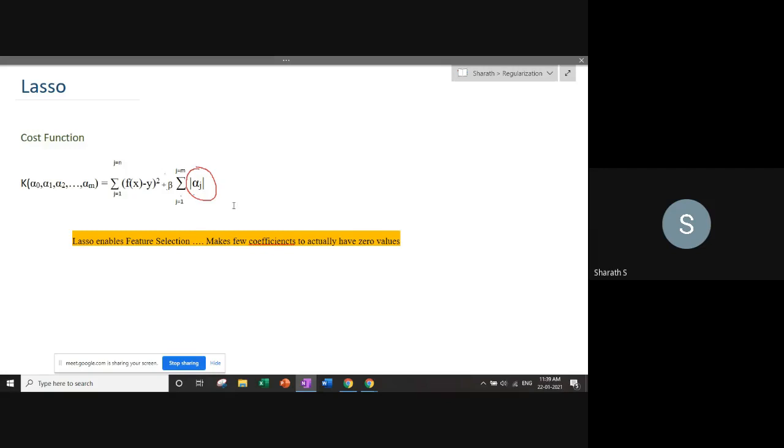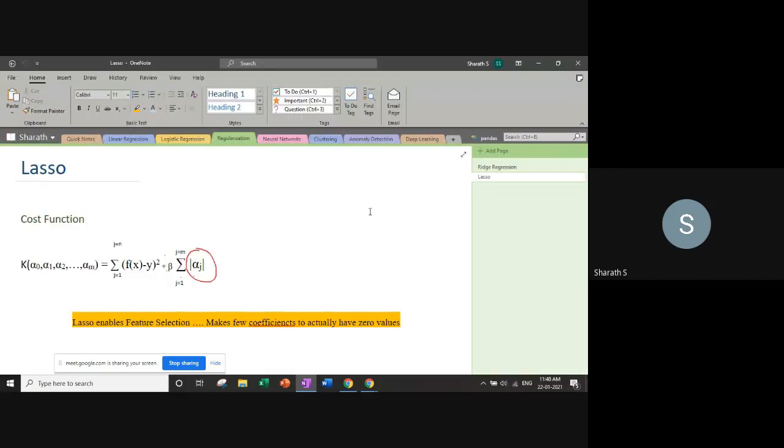So that is why they came up with this lasso technique at Stanford University, where they use the modulo function, and this has an effect that whatever terms it has to penalize, it will exactly drive it to zero, so that you can just throw off those additional terms. Your model becomes simpler, your interpretation becomes easier. That is what is known as the lasso. So one of them is the L2 norm, and another is the L1 norm. So the penalty is primarily using L2 norms and L1 norms with the regularization parameter.